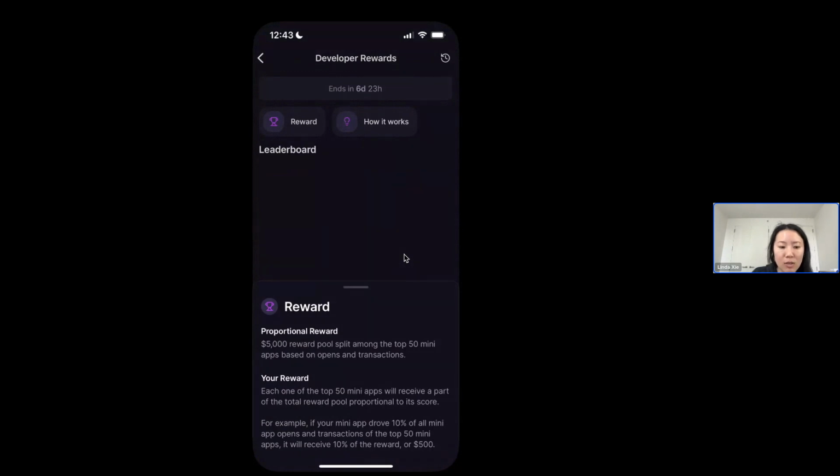I would caveat that there's a higher weight towards higher signal users on Farcaster versus just any transactions in open. So highly recommend checking this out, because this is a way that you can receive retro rewards if you built something and had people use it.